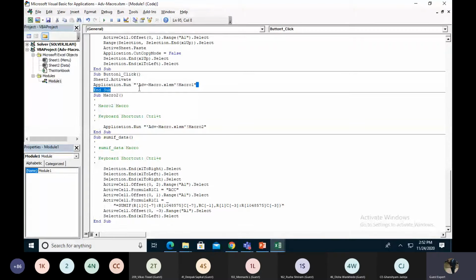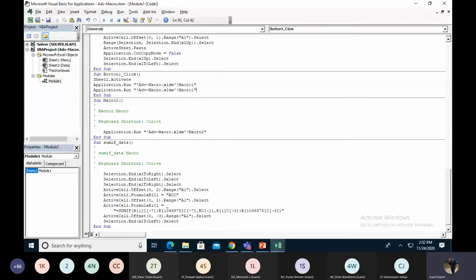So what I'm doing, I just copy this macro, Control V. Then I'm selecting SUMIF data as copy, Control V.